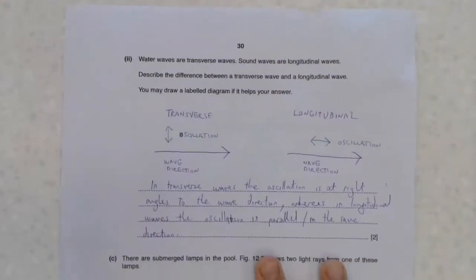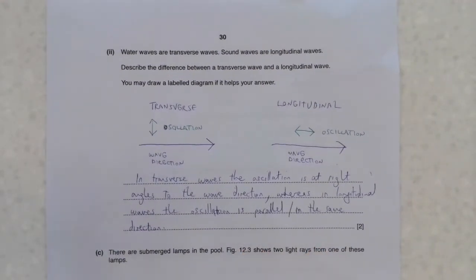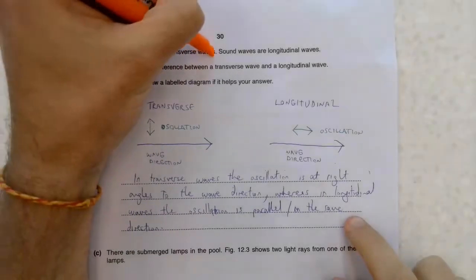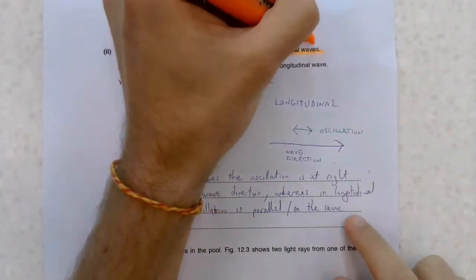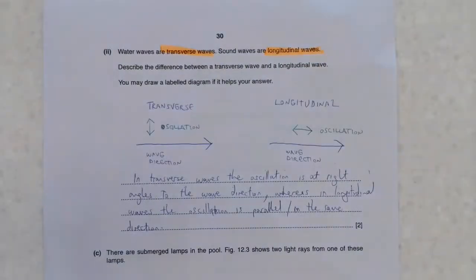Okay, we've had exactly the same question in another paper, and I've tried to do it another way. Water waves are transverse, sound waves are longitudinal. Describe the difference between a transverse and a longitudinal wave. Okay, key point here being the idea of direction of motion and direction of the wave and direction of the